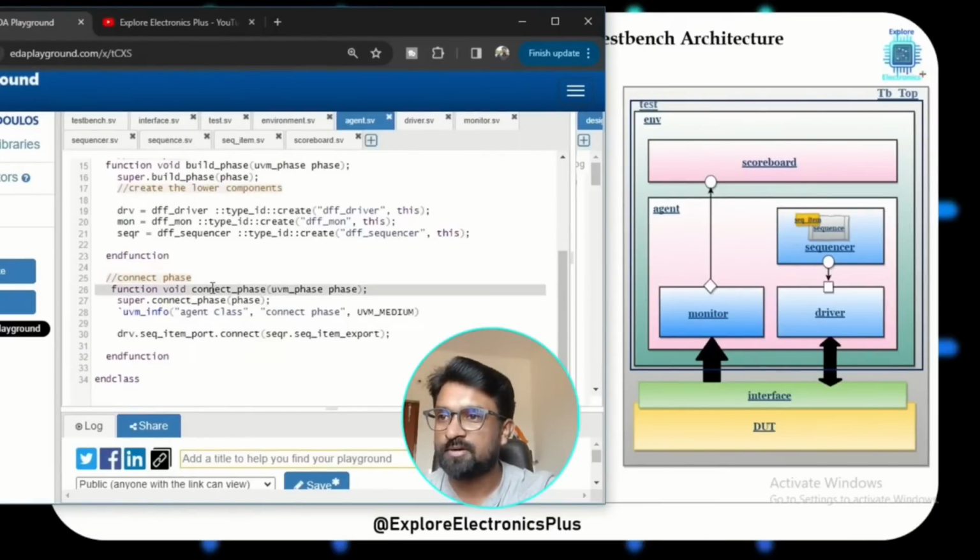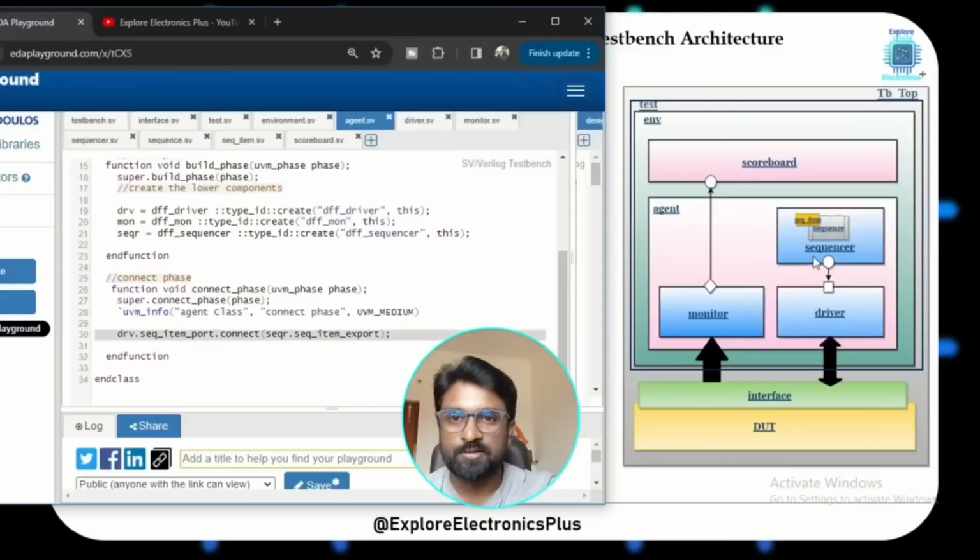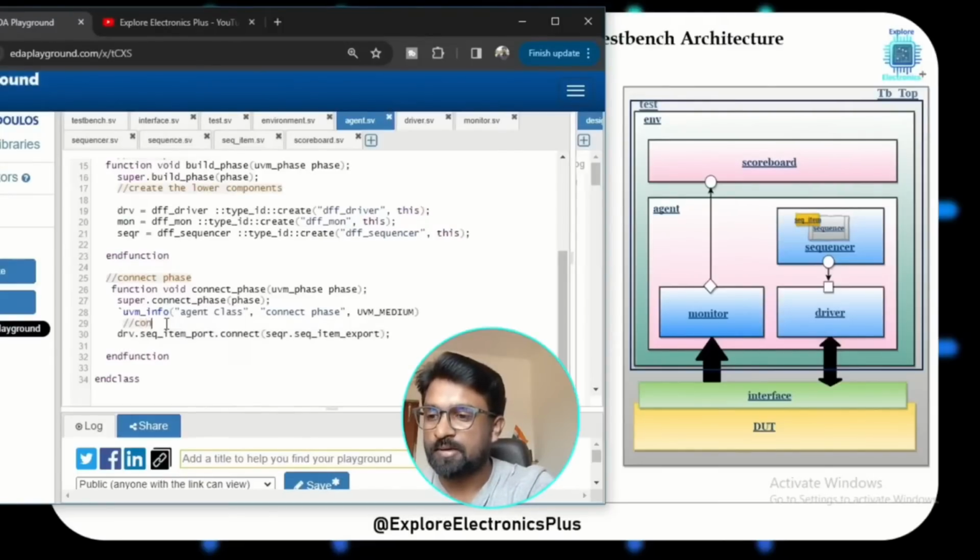I have written here function void connect_phase, UVM phase, and I am displaying a message. Agent class is the ID for the UVM info and the message it is going to print is connect phase. Here what we are supposed to do is connect the sequencer to driver, because the transactions will flow from sequencer to driver. So the sender is sequencer, the receiver is driver here. So we need to use the port here. Let me write here: connecting driver and sequencer using